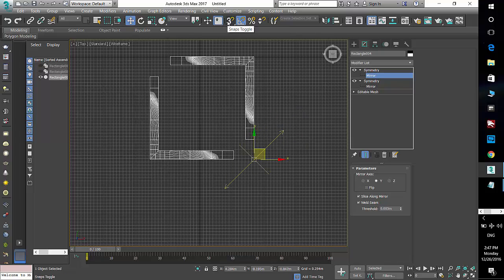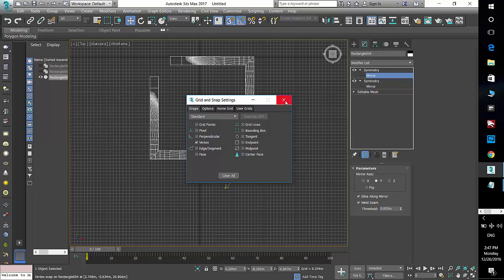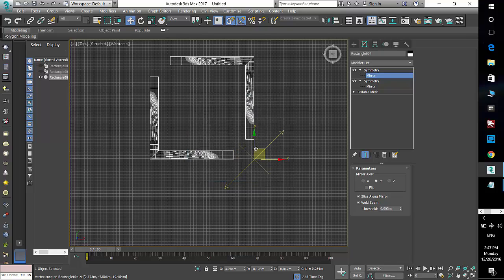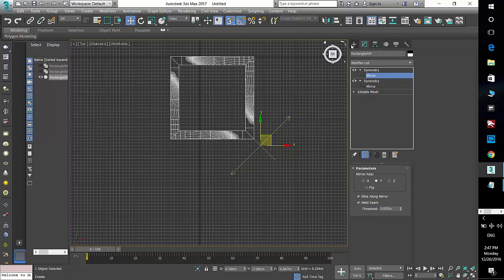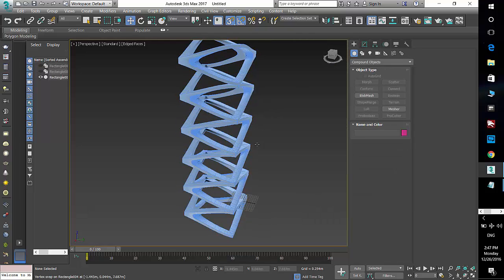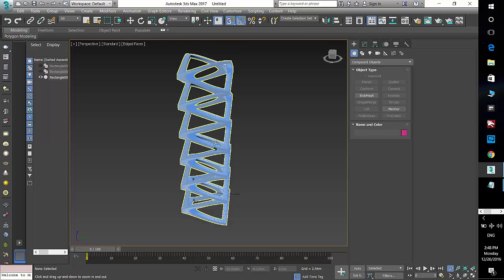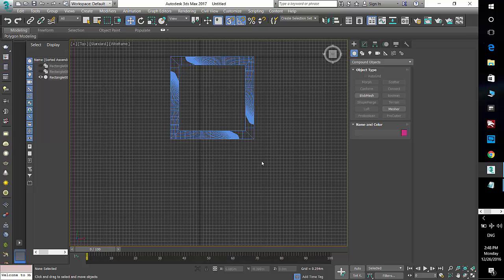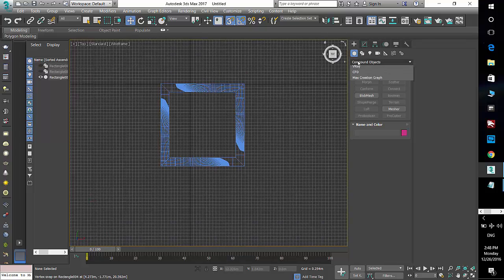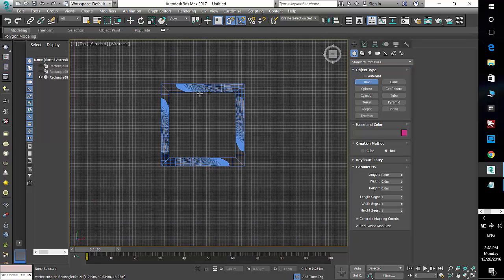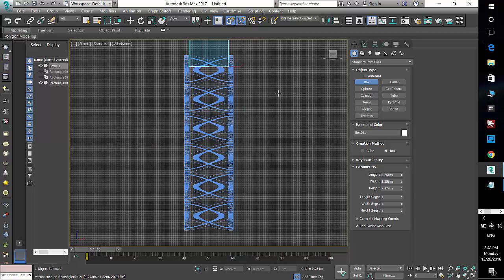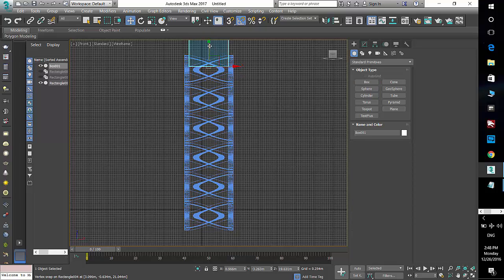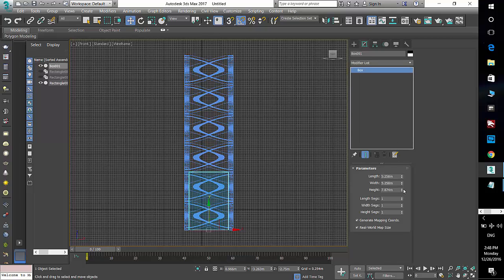Now I would like to move it from this axis exactly to this axis, from this point to this point. Now start to having an interesting pattern that might be useful. And also please make sure that your plane is a perfect square. So now you can also add another inner box which can act as a glass skin inside your structure. I'll increase the height a little bit,